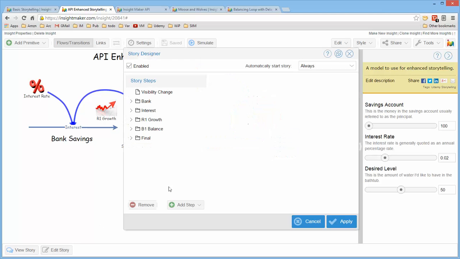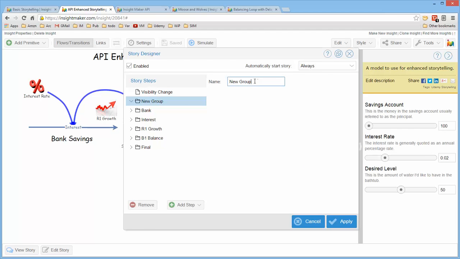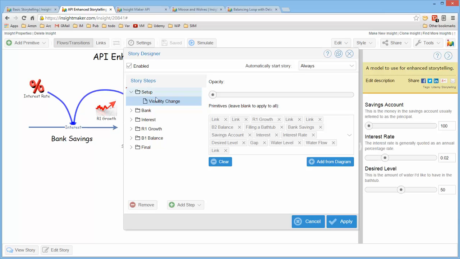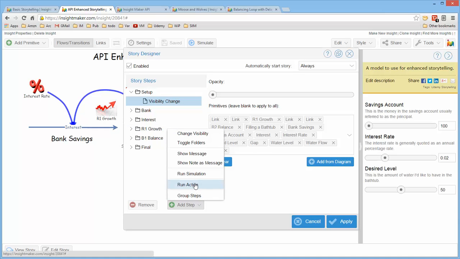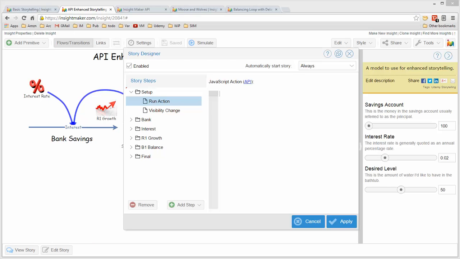So let's go ahead and edit the story. The first thing I want to do is add a setup. So add a folder and call it setup, and put the change visibility in there, and I'll also put a run action step in there. And what I'm going to put in here is a set of commands that I consistently use in a